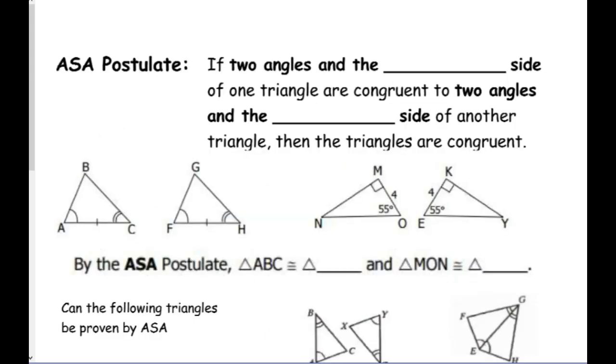Alright, so we're on ASA. ASA stands for angle, side, angle. Okay? So anytime you see the A, it's angle. Anytime you see the S, it's a side, right? So ASA is angle, side, angle. So, if two angles and the, we're going to say, included side